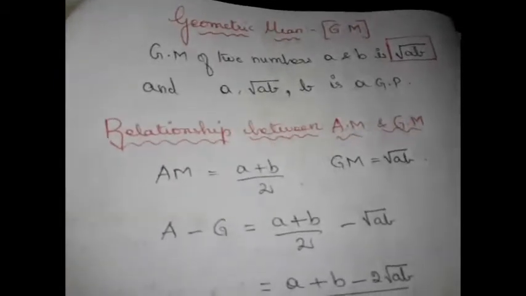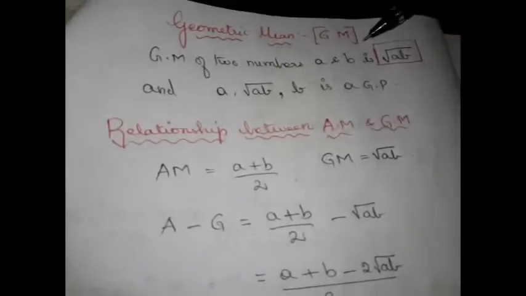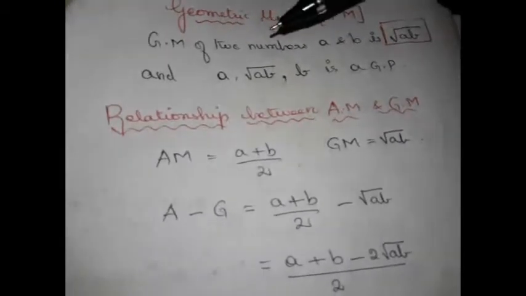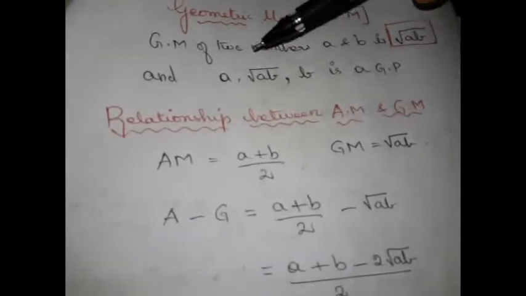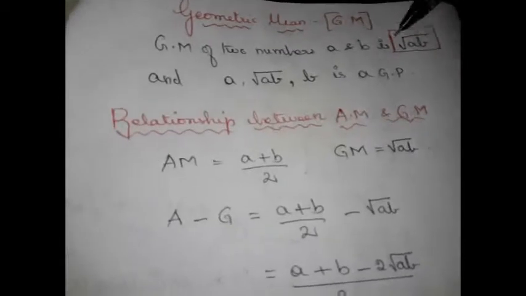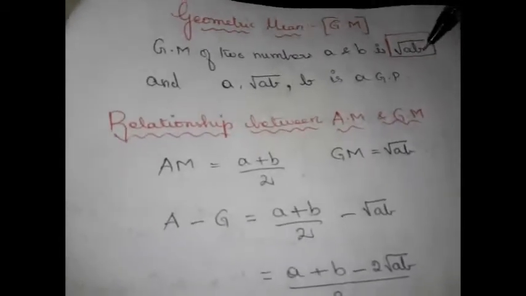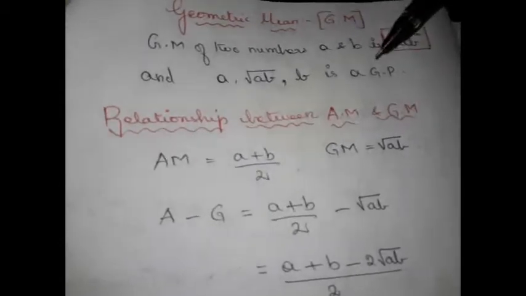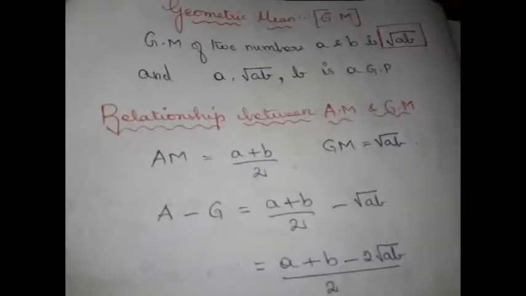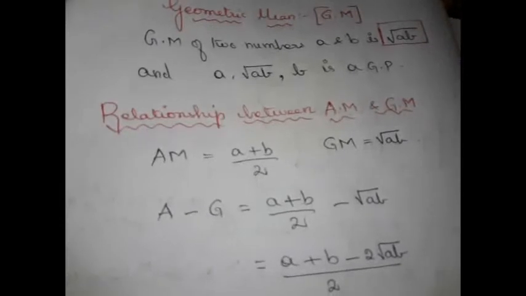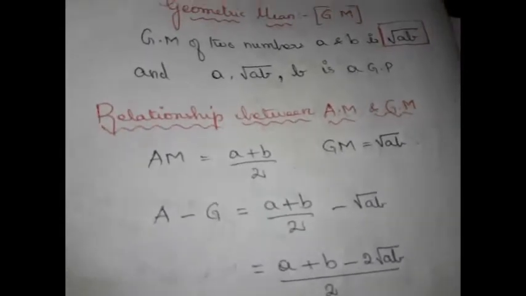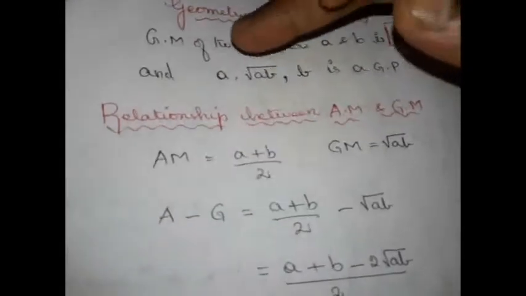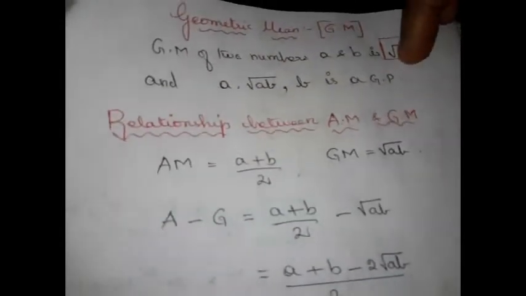Next we are going to see about geometric mean. As we had arithmetic mean, we have geometric mean, which we will denote by GM. If a and b are two numbers, then the GM of the two numbers is going to be the square root of ab. Hope you remember AM is (a+b)/2. And we know the AM will lie between those two numbers and they form an AP. The same way, the GM will lie in between those two numbers and these three numbers will form a GP.